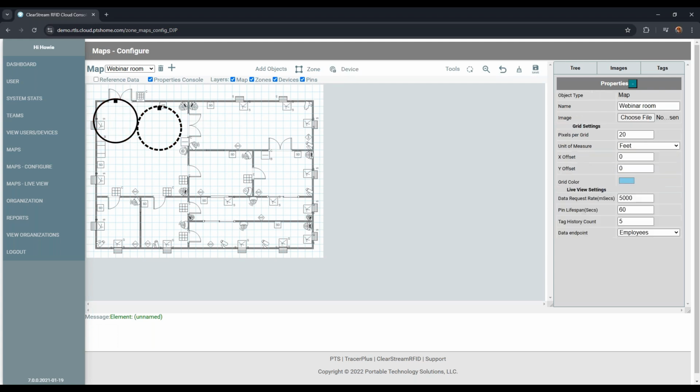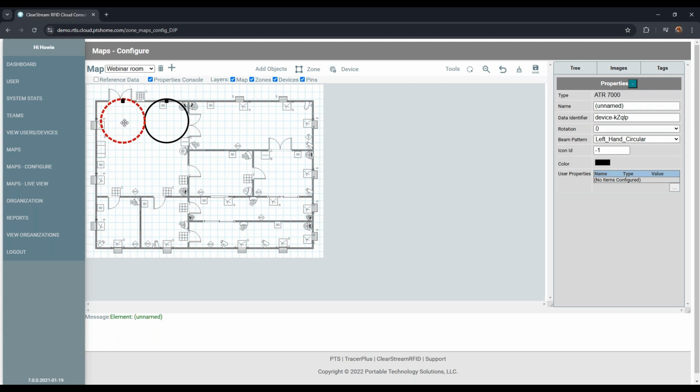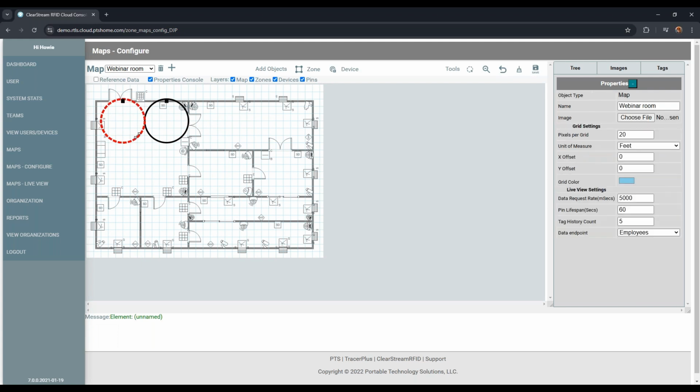So I'll just go ahead and add some of these. You can see I'm basically just dragging and dropping new ATRs into the environment. Now, a couple things to know here. You would either place these and then position the ATRs, or maybe you could put the ATRs and then place these. What we like about this is it's set up so that you can do it very easily and test